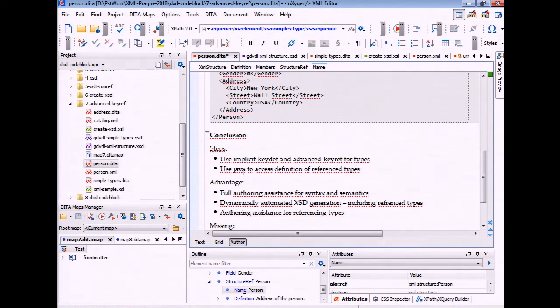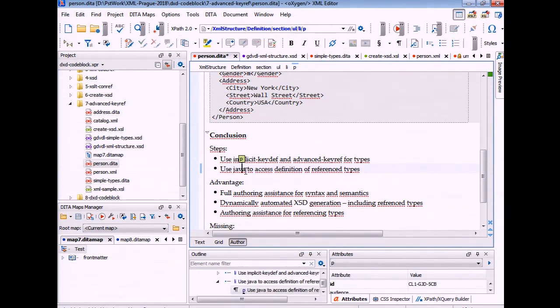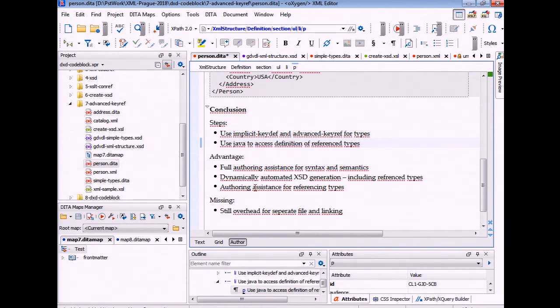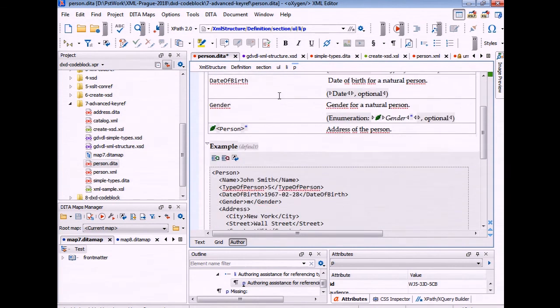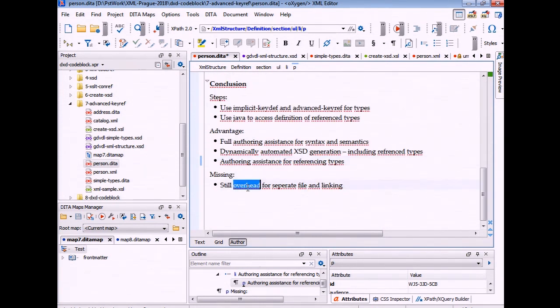Additionally, we used implicit key definition and advanced key references to link these elements together, and Java to access this from our create XSD. So what we got so far: we still have full authoring assistance for syntax and semantics in writing our XML sample code. We can dynamically create our XML schema file, including all the references and stuff like this, and also authoring assistance for the referencing types,